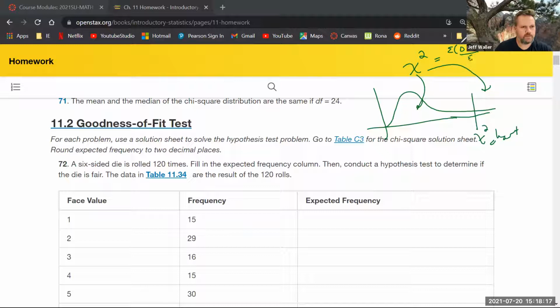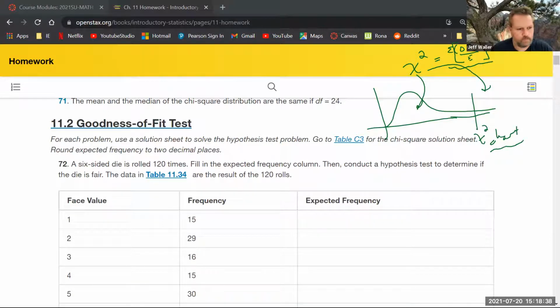Oh man, I missed the formula. We save it. There we go. Right. Is that all right? So calculate one, look the other one up, compare them, see if the sample got far enough away. Yes. Okay. But you can see how this is really a hypothesis test. We're just focusing on two of the steps.